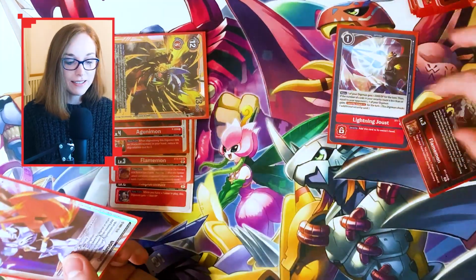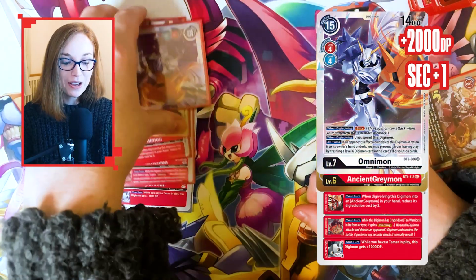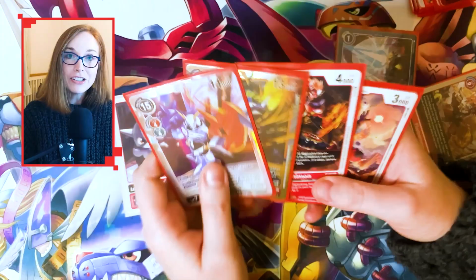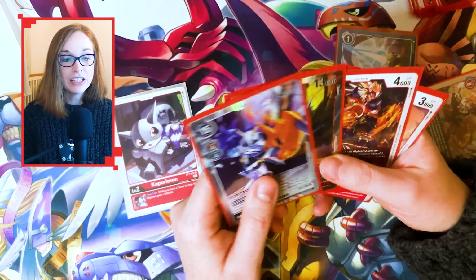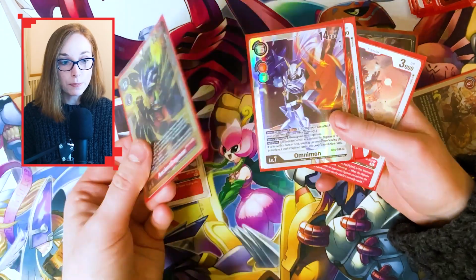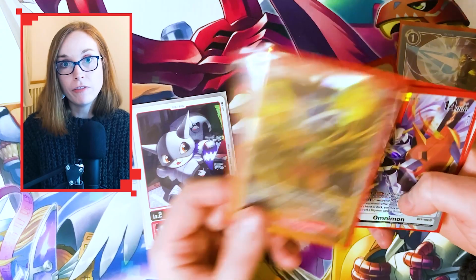The Flamemon dies. And then I Omnimon for game. So on turn 2, I won the first game on turn 2. AncientGreymon is like that. It can absolutely snowball. Of course, by doing that play I just did, if my Ancient Grey had died on my first or second